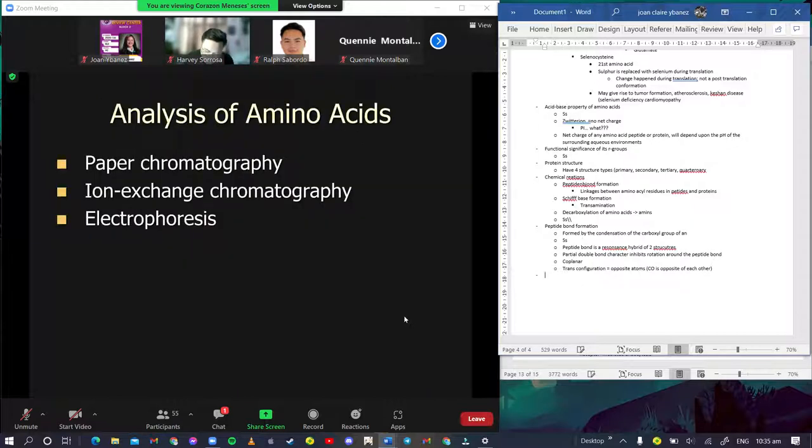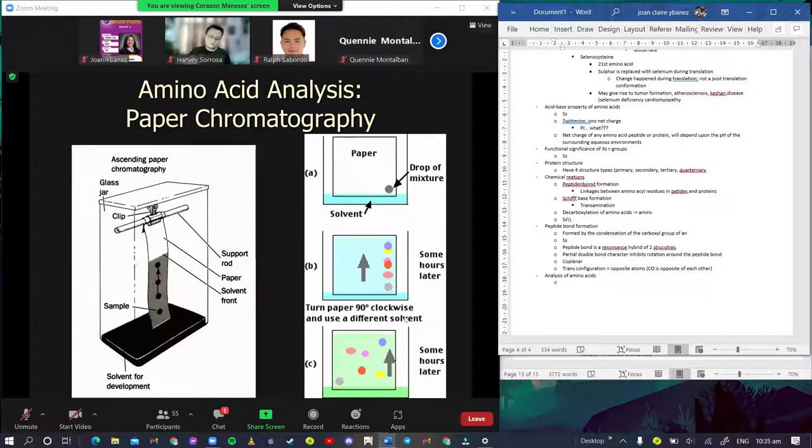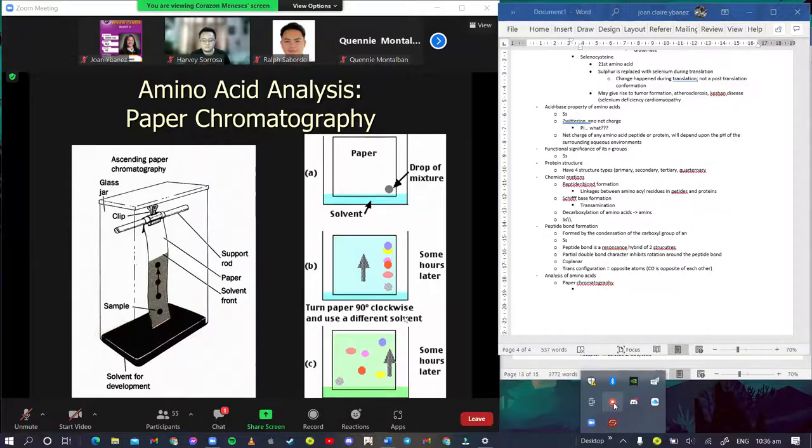Okay, paper from ion exchange and electrophoresis. So this is paper chromatography. We used to have a laboratory work on this, wherein the student, as the faculty, I will be the one to put on